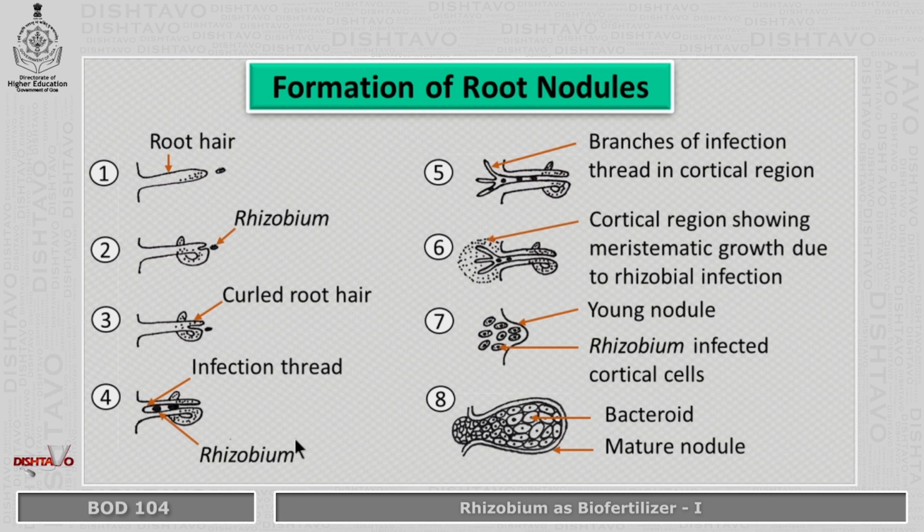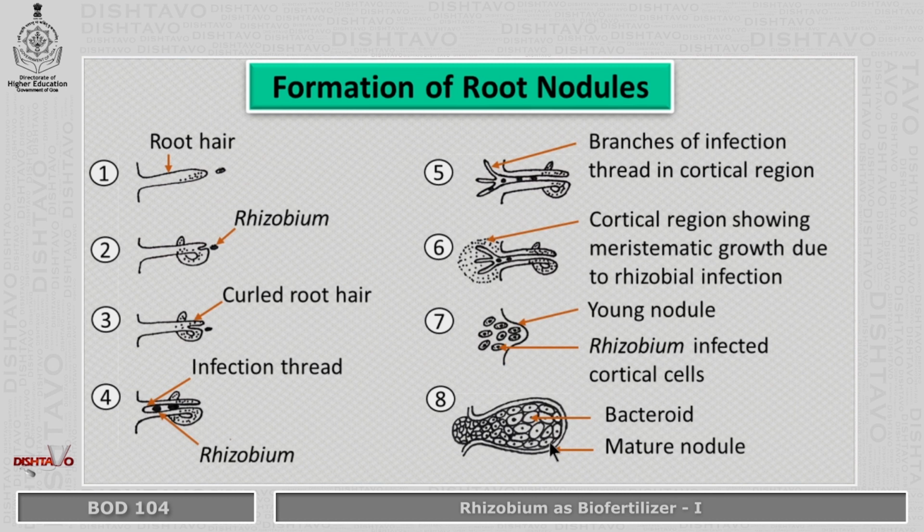From root hairs, the rhizobia enter into the cells of inner layers of cortex through infection threads. Rhizobia continue to multiply inside infection thread and are released into cortical cells in large numbers, where they cause cortical cells to multiply and ultimately result in the formation of nodules on the upper surface of the roots. After they are released into the cortical cells, the rhizobia stop dividing and enlarge. The enlarged groups of rhizobia are called as bacteroids.